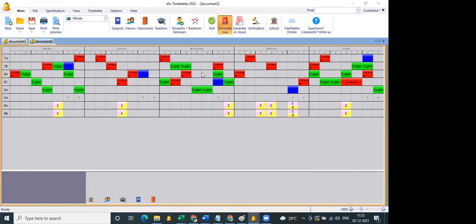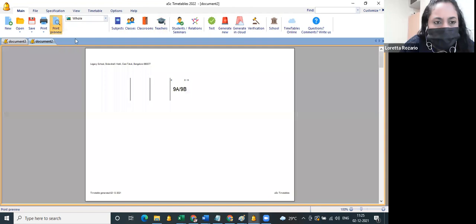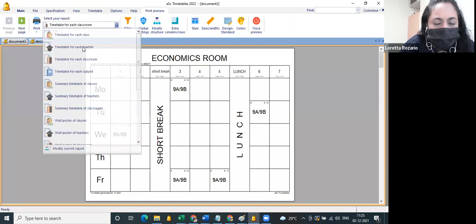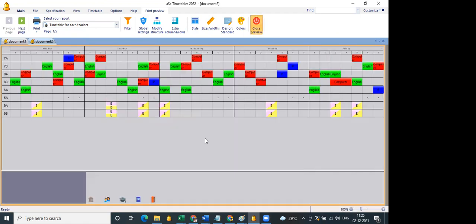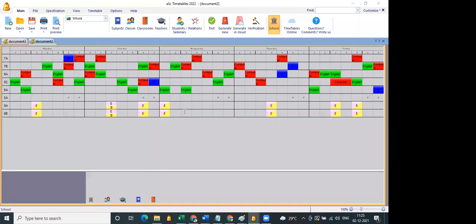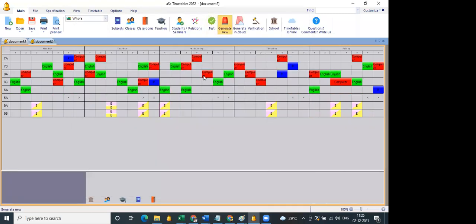I generate it. So I click on print preview. I go to teacher. So you see teacher will not have more than 4 periods consecutively. So even we can make it 2. I'll try to limit it, based on your requirements. So this is a universal setting.